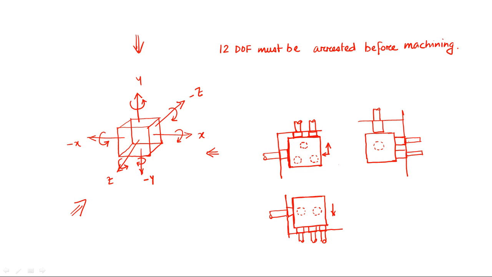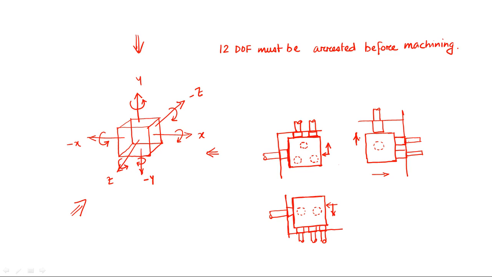In this direction the degrees of freedom is 0, and in this direction also DOF is 0. So in this way, whatever product we get, we always have to locate it first,